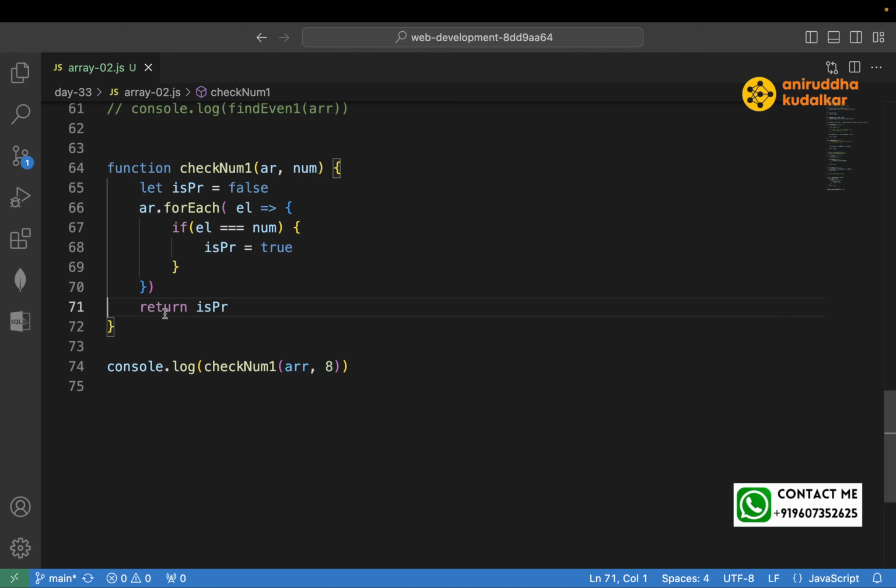So whenever you keep your code shorter, it is always good for testing and other things. Now what we need to do,